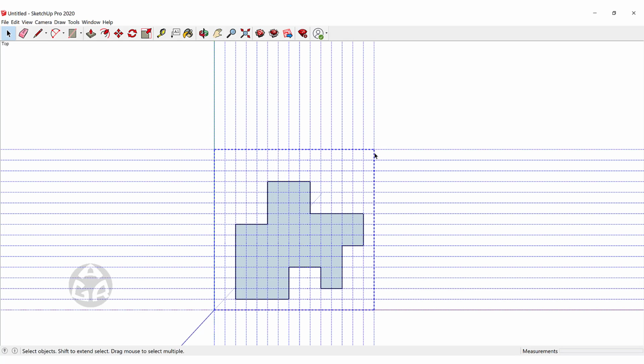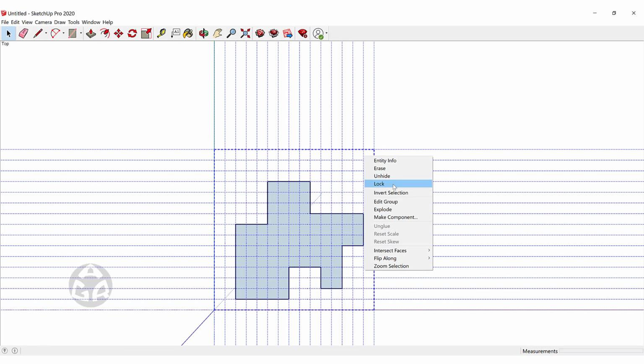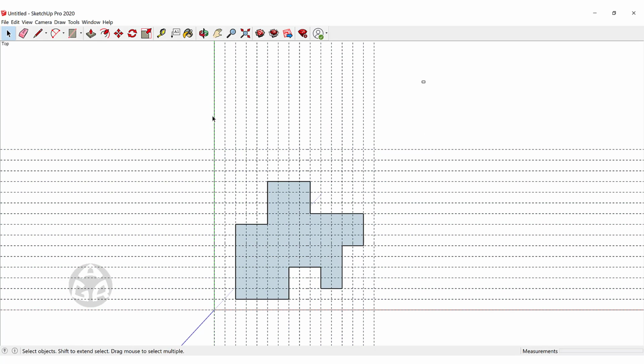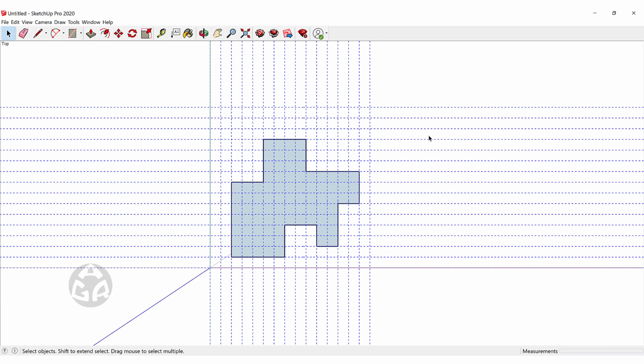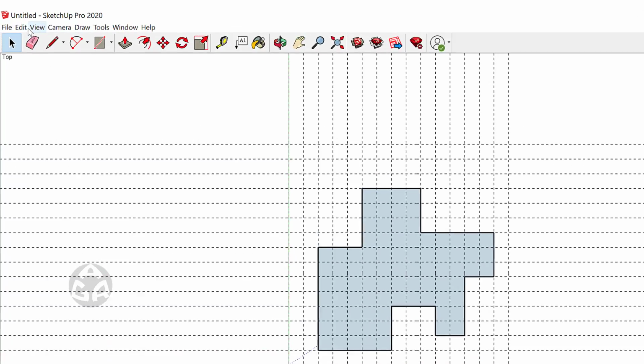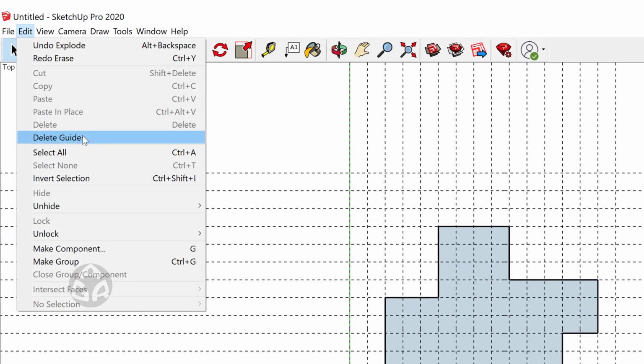So one way for me, in order to delete these lines, was to select all of them. Let me explode this group. Click on explode. And then I could just select all of these guidelines and press the delete key on our keyboard. Or if I want to delete all of these guidelines, I could go to edit and then click on delete guides, and this will delete everything that is inside